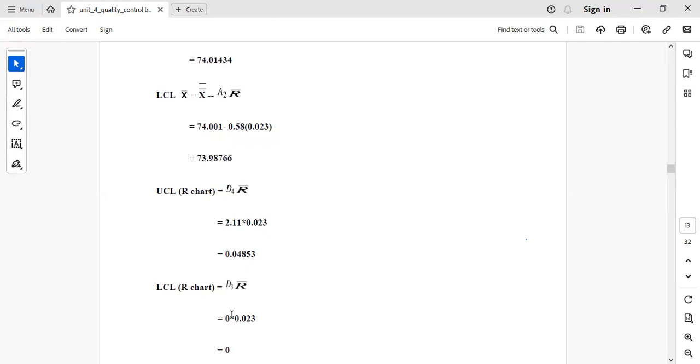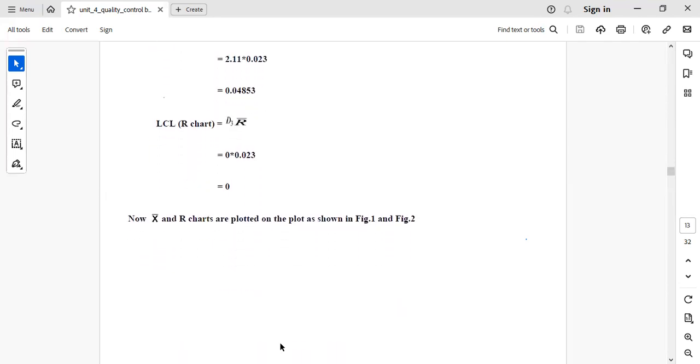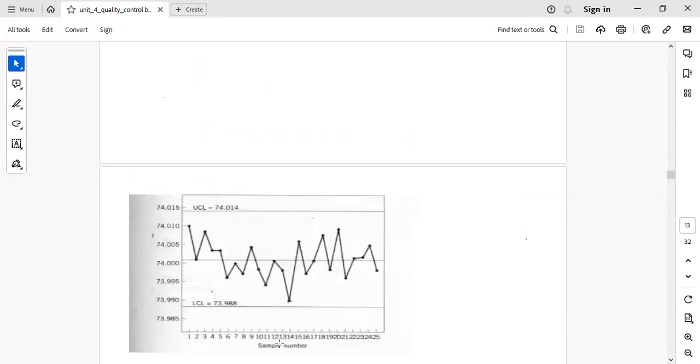It is 0 for the case of just 5 observations in every sample. And so that will automatically be 0. And so now, once you calculate that, then now what remains is you now plotting